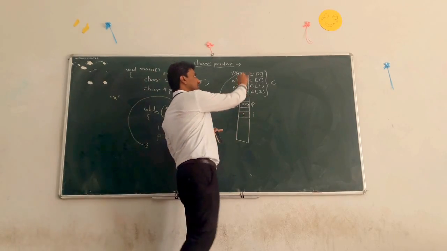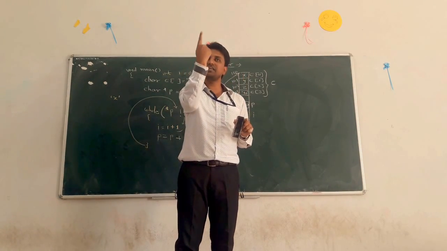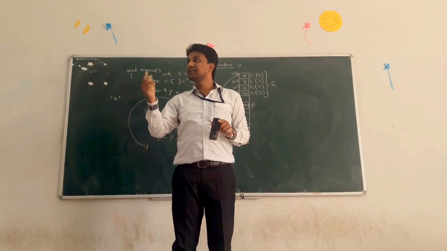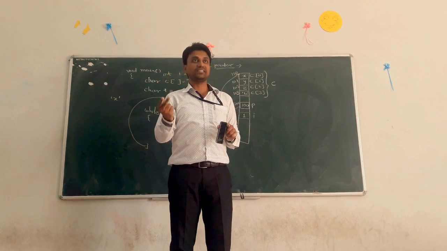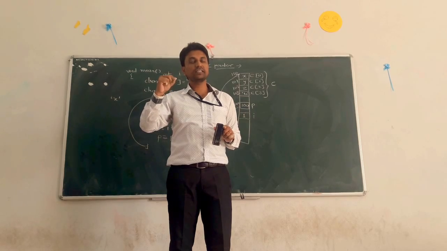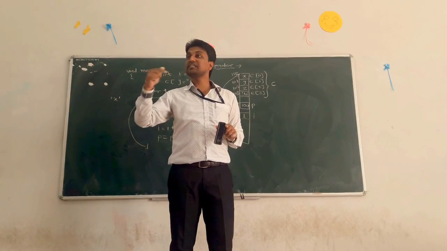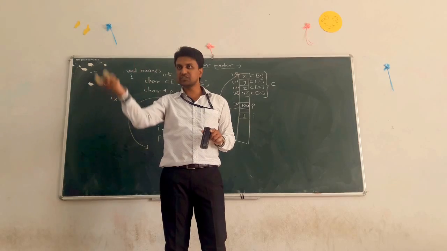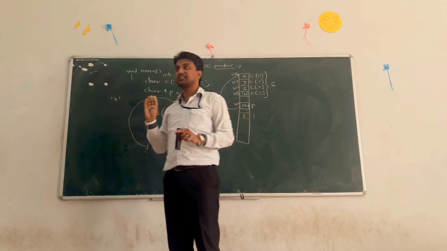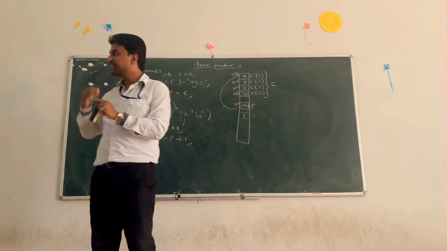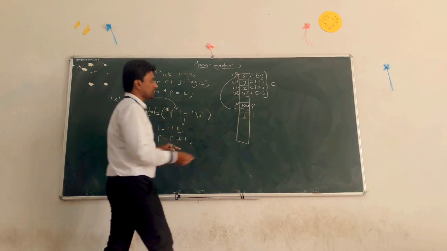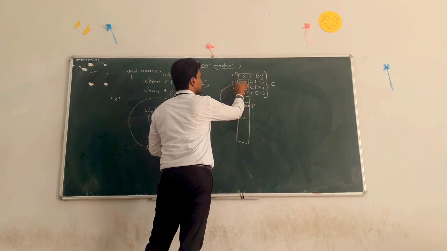And the address location, now it is a character address location, so each location has only 1 byte. That's why it increments by 1 byte. If it is an integer array, then the pointer increments by 2 bytes, because p is equal to p plus 1 means the pointer p increments by one address location, whatever the size of that location. If it is a float array, then each location has 4 bytes, so the pointer gets incremented by 4 bytes. Clear? So here p is equal to p plus 1 means it now points to the next address location.